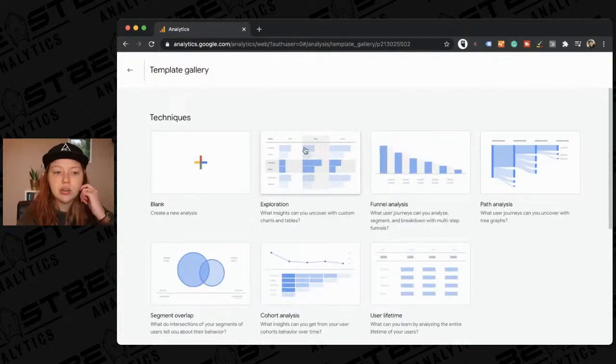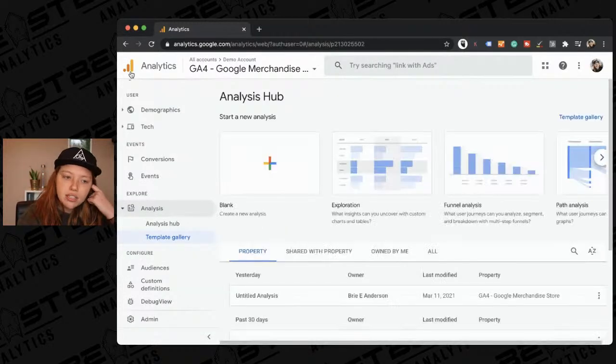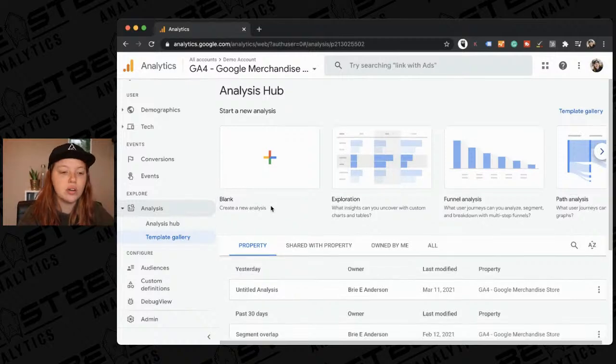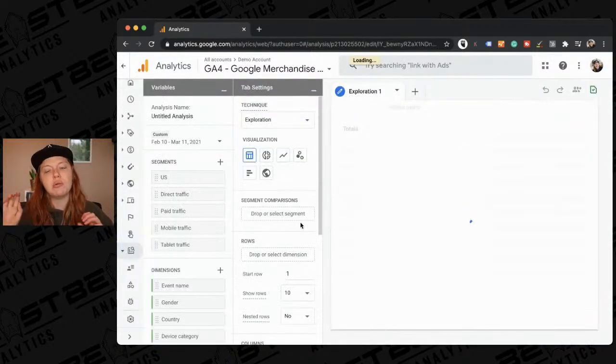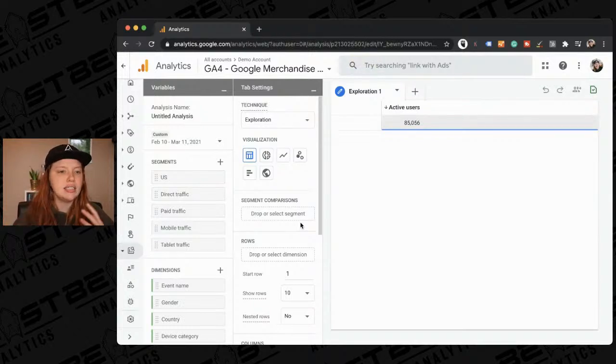Excuse me. So yeah, we'll take a look at that here in a second. But first I want to go into, I'm just going to make a blank thing here. So in my mind, looking at this is what we're using now, instead of custom dashboards, which is what we used in Universal Analytics, the traditional Google Analytics platform. Now we have Analysis Hub, where we get to use this drag and drop, a lot like Data Studio. We get to use this drag and drop builder to create